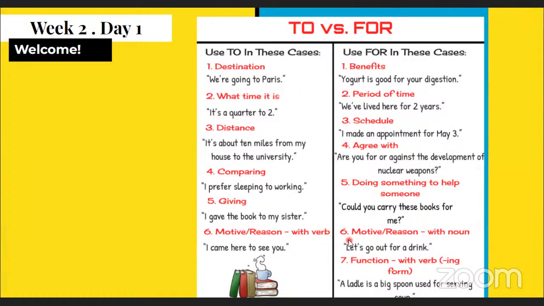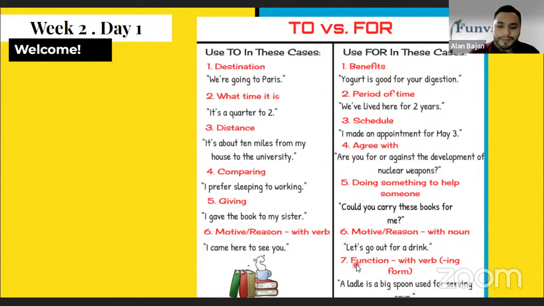Let's go out for a walk. Excellent. Number 7. Okay. Bandages are strips of cloth used for fighting. Excellent. For fighting. Very good. Okay, so I think that